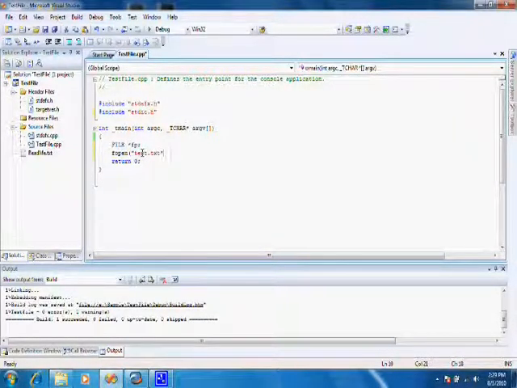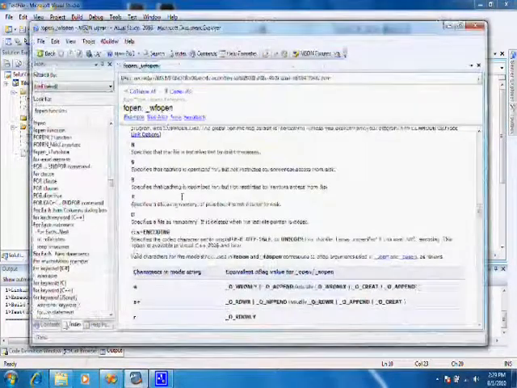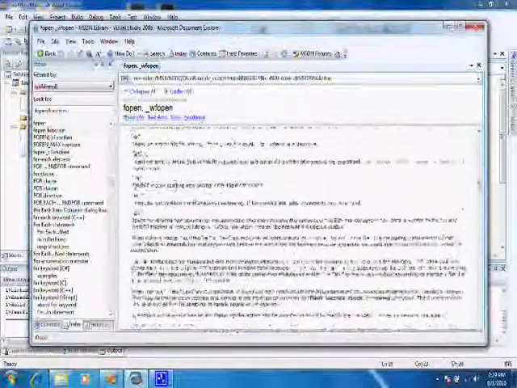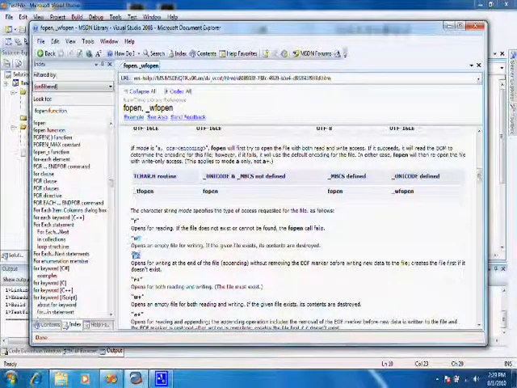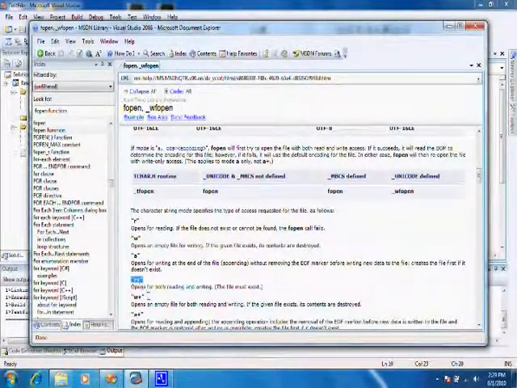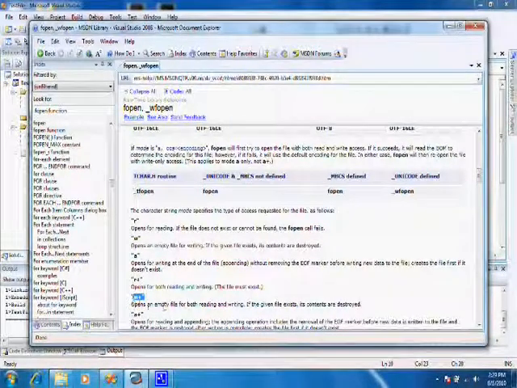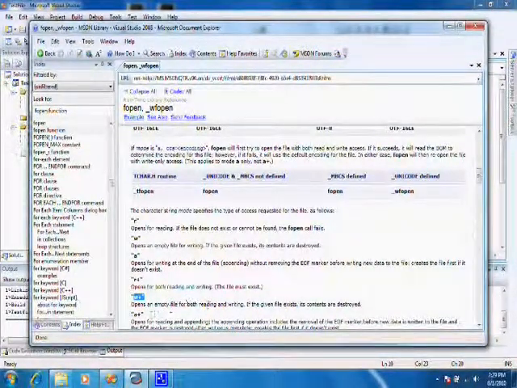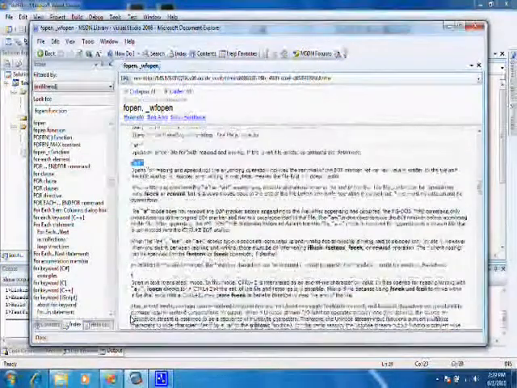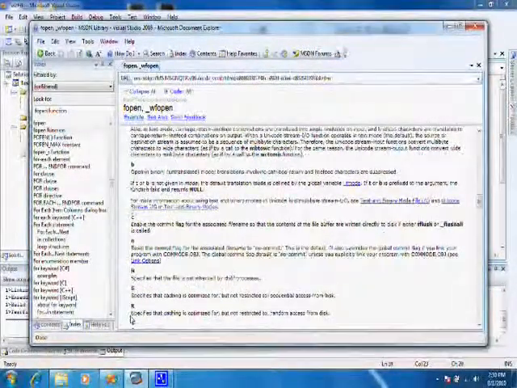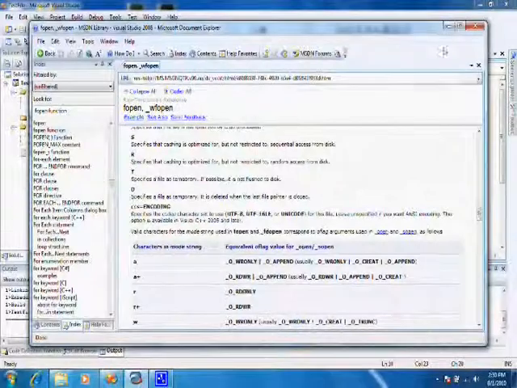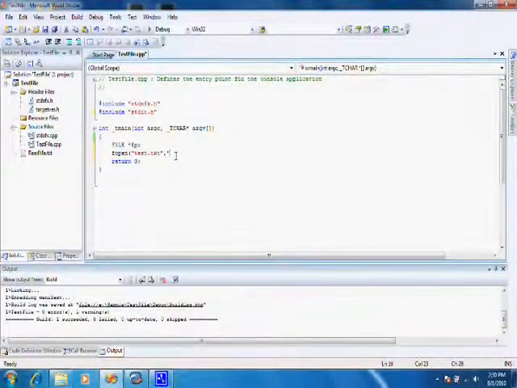test.txt is the file which I want to open, and here I have to specify the mode. The mode can be anything, there are different kinds of modes, like read mode, write mode to write in the file, append mode, r plus for reading and writing both, and w plus for opening an empty file for both reading and writing. Append plus is there. After that we have text mode t, binary mode b, c commit flag, and many more options. So first of all we will take read mode here,